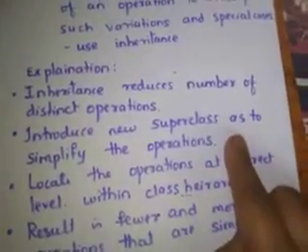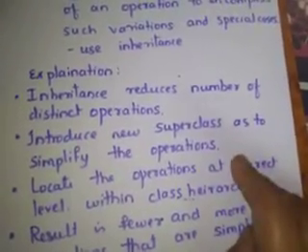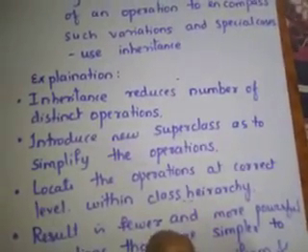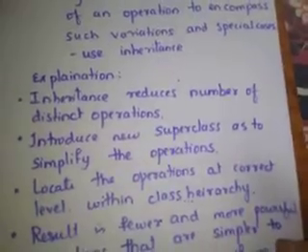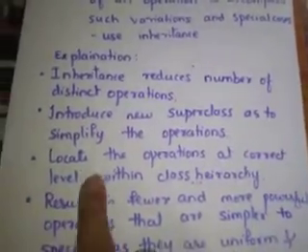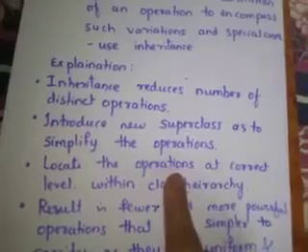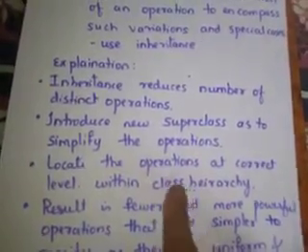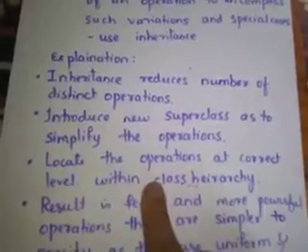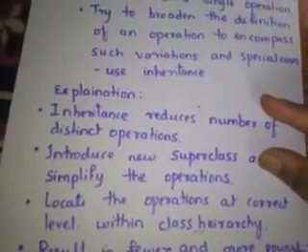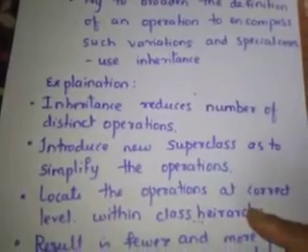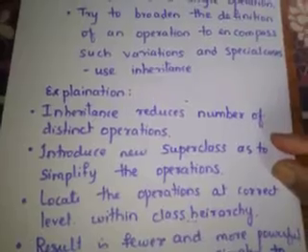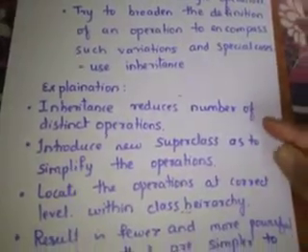In my superclass I'll have a functionality called salary. Now in the subclasses I'll have their own implementation for the salary of a temporary person and the salary of a daily wage person. The next step is we need to locate in which hierarchy that particular functionality will be placed. That is, locate the operation at the correct level. In the first level I have the employees. In the second level I may have different types of employee. Now I should decide where to place that particular functionality or operation called salary.